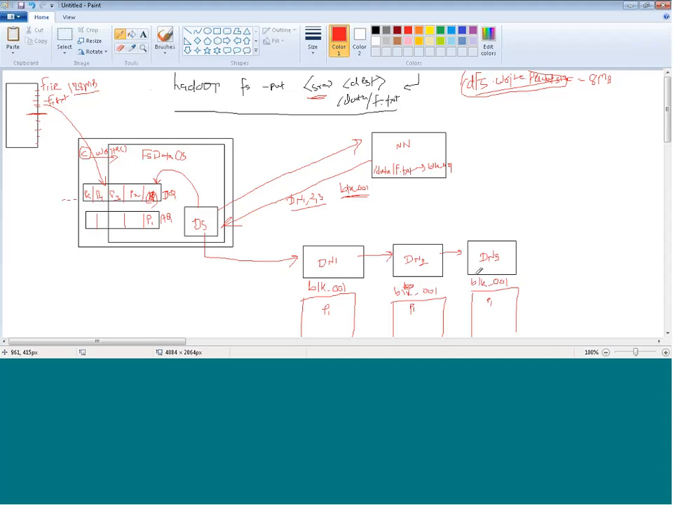Once data node 3 writes the packet successfully, it will send an acknowledgement back to data node 2. Data node 2 will also send an acknowledgement back to data node 1 that I am also done writing this packet. Once that acknowledgement has been given to data node 1, it will send it to the data streamer saying that yes, this packet has been written successfully into all the 3 nodes. Okay. Now once that acknowledgement has been